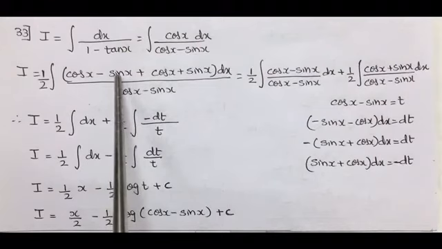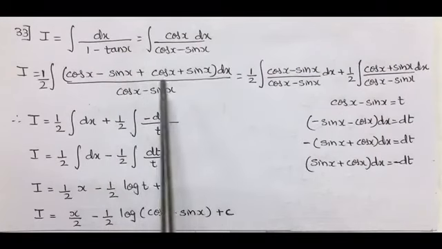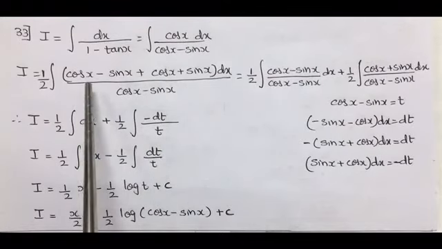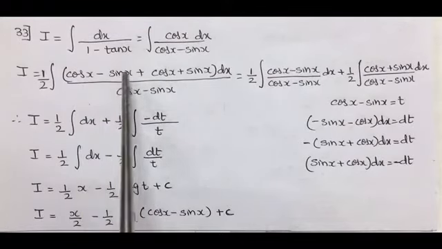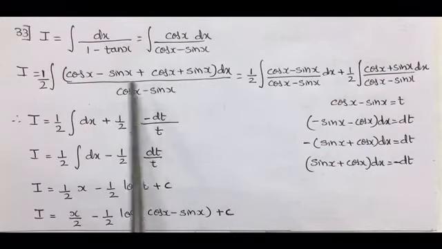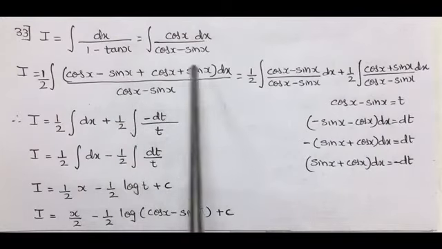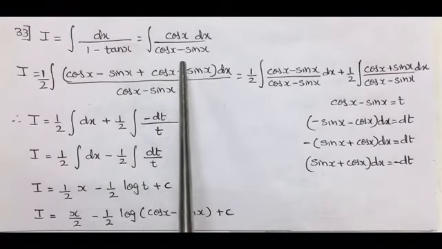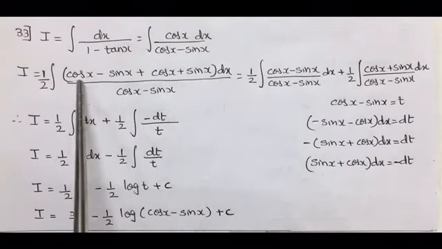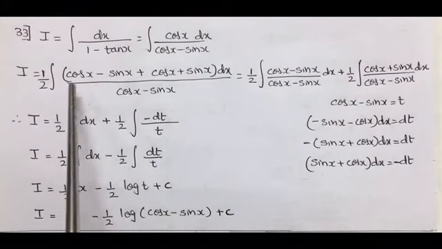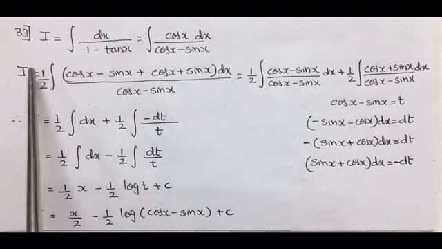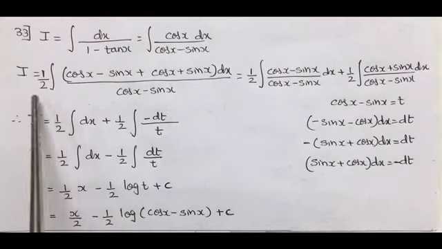Now as we have subtracted sin x, we have to add it also. So the other adjustment done over here is cos x minus sin x plus cos x plus sin x. Now minus sign and plus sign will get removed. So these are the adjustments. Cos x plus cos x will give 2 cos x. So 2 is extra, that is being adjusted as 1 by 2 outside.